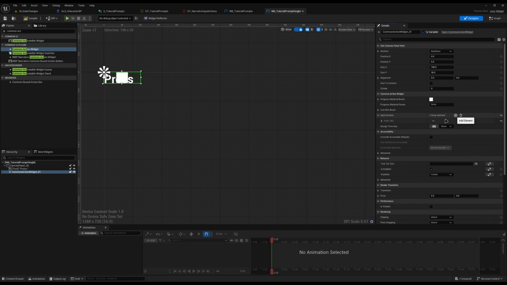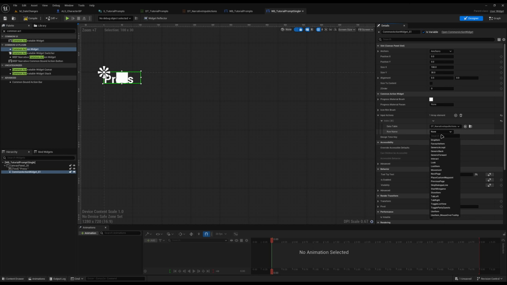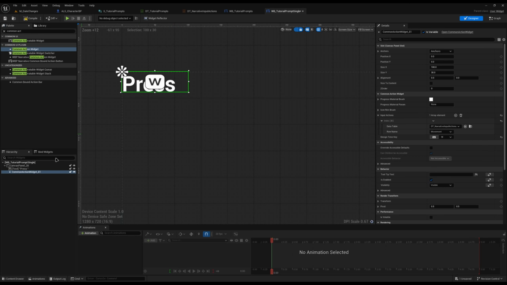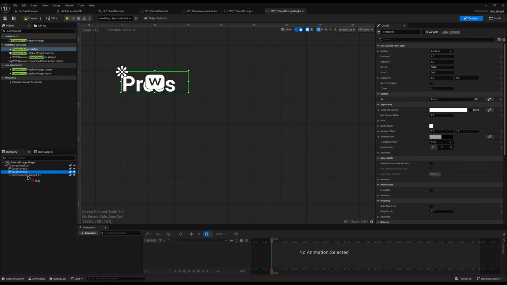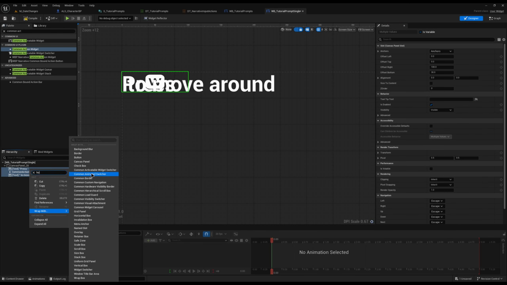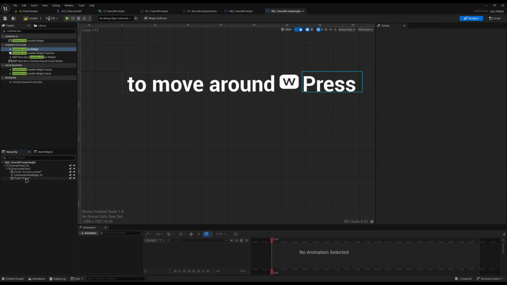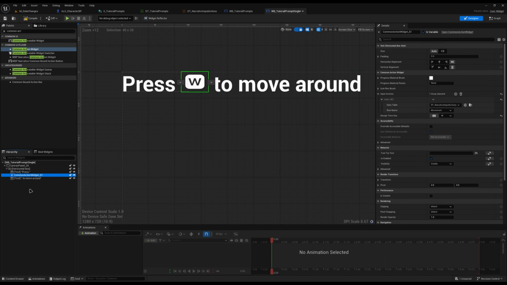So for the input actions, we can add our data table, which is our narrative one, or whichever one you've created, and then the row name will be the one that we've set. So in this case, we'll just set this to W so it's got an editor one. And then you can see when we put it next to each other, we can add another text underneath of it, and this one will be to move around. And then if we wrap this with a horizontal box, just so it's all in the same line, and then reorganize it so it actually looks correct,